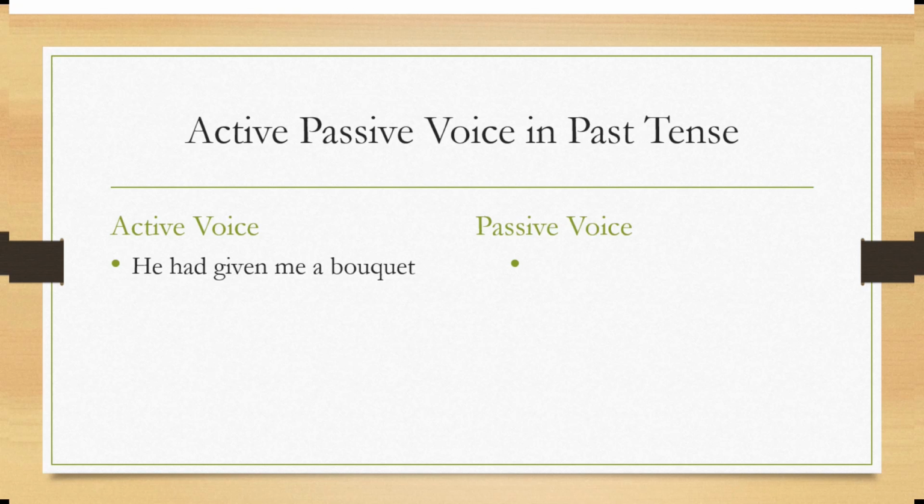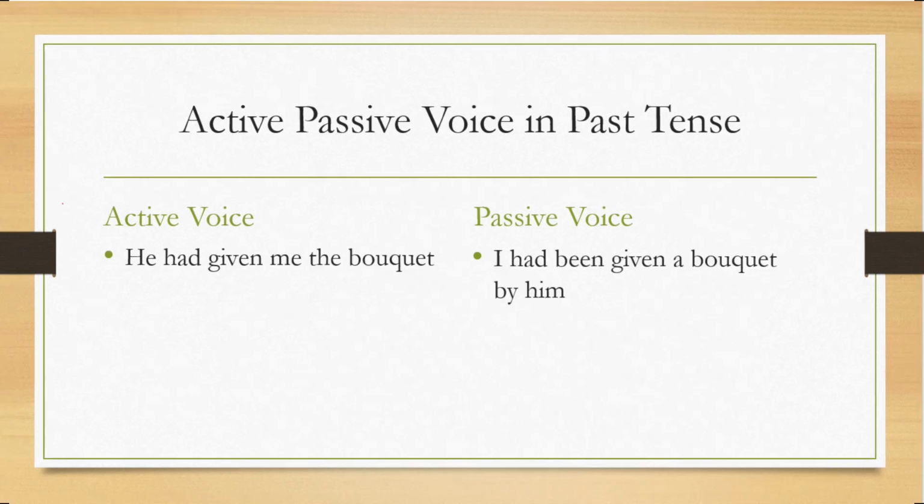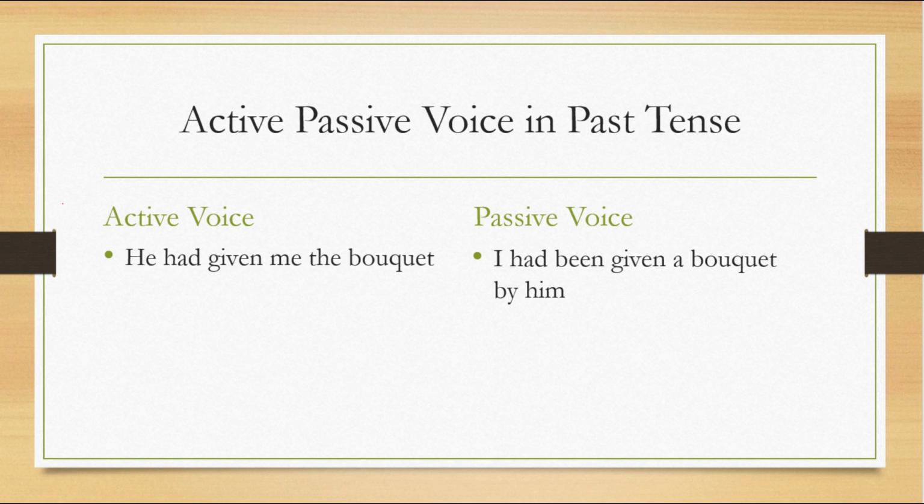So, definitely because he is giving me the bouquet, like he had given me, the action is done on me. I am the receiver of the action. So, I become the object. Again, I tell you, a lot of students would assume bouquet to be the object. Okay, probably because it is the last word in the sentence. It is not so. Whenever you are confused, ask the question on whom the action is done. And well, I have my answer here. So definitely me is the object.